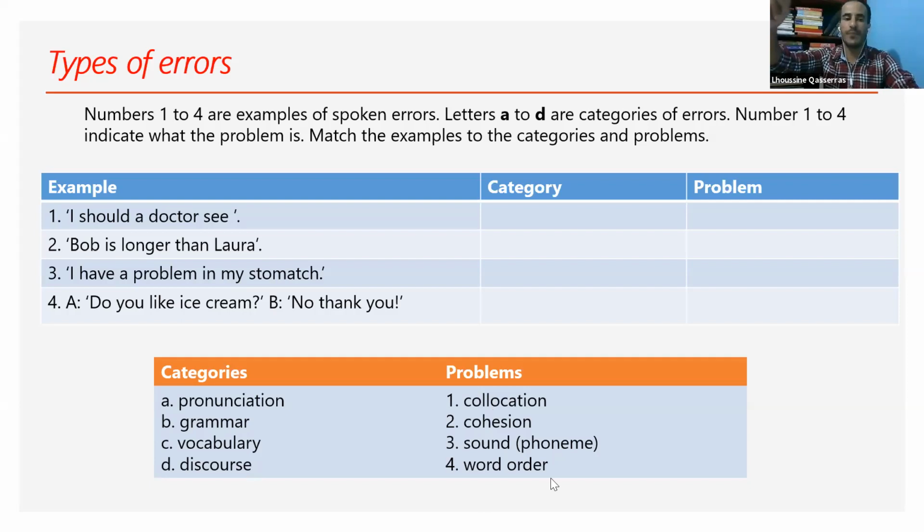Let's start with number 1. I should a doctor see. What is the category and what's the problem? Write both, category and problem. So the majority said grammar.